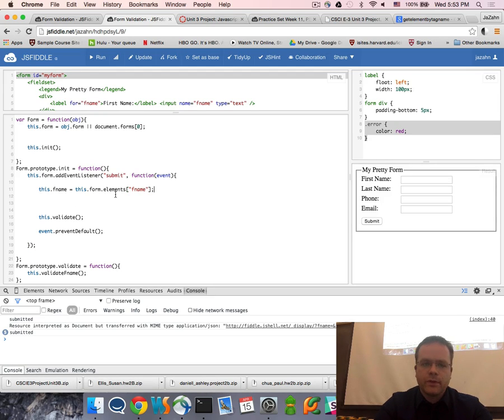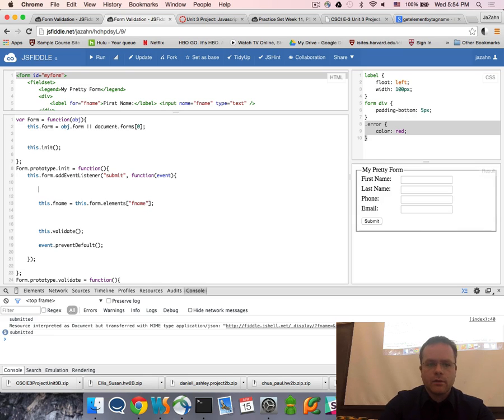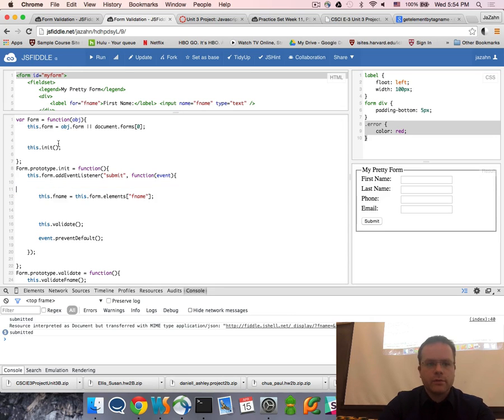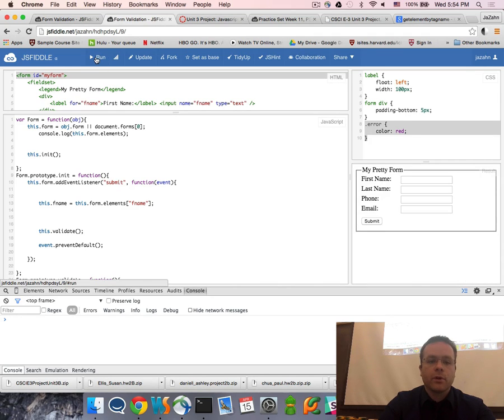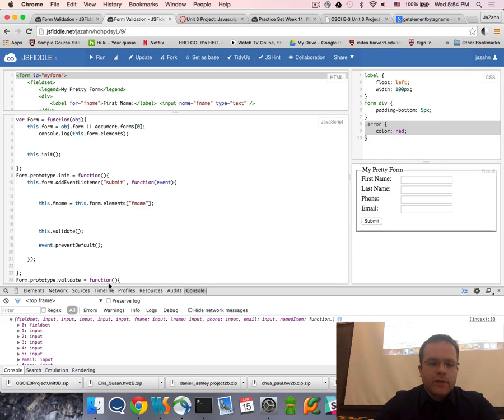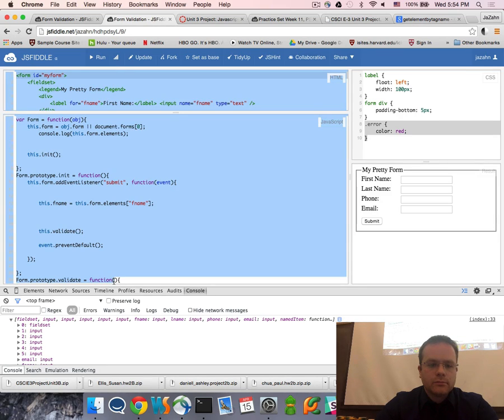So elements is really nice. This form elements. Let's take a look at that quick. Let's do it here. This is built into the forms object. Yes, this is part of the DOM. So form elements, you'll see, has,